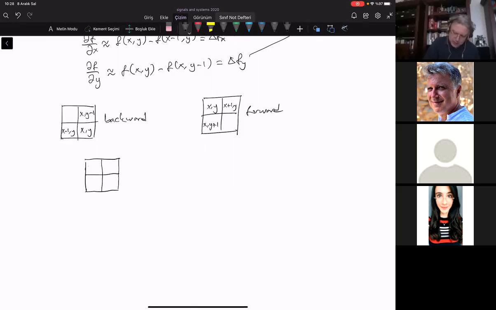This is x,y. This could also be applied to forward or backward 45 degrees, but I'm just using the forward case here. It's easier. x plus 1 comma y plus 1. This is x plus 1 comma y. This is x comma y plus 1. So the gradient will take the differences between these two and these two,